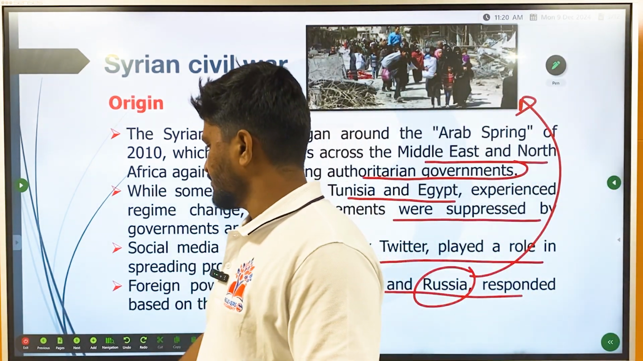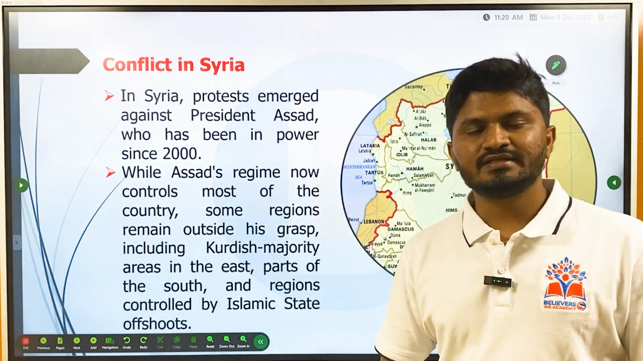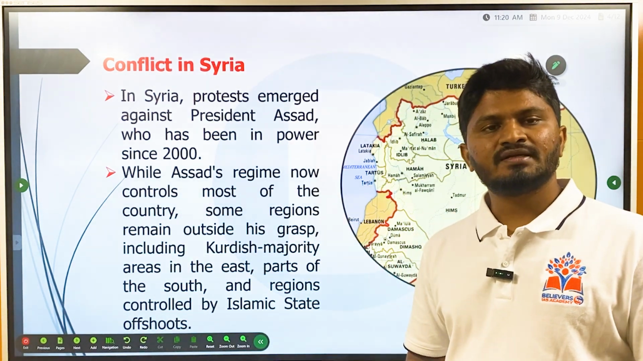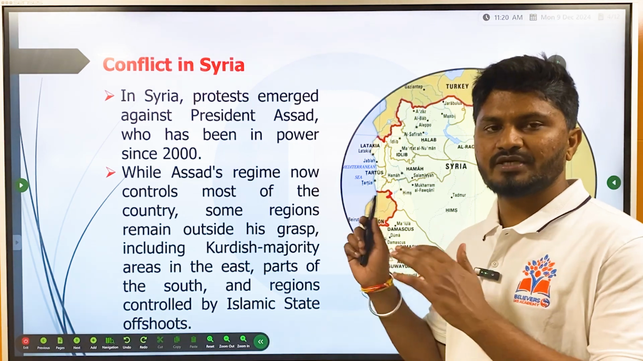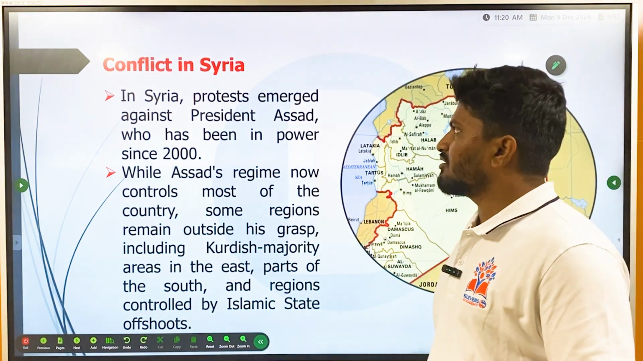And out of this, there was a civil war in Syria. There was a government and there were rebel groups. The government was supported by a particular power and the rebels supported by another power. So the conflict in Syria,